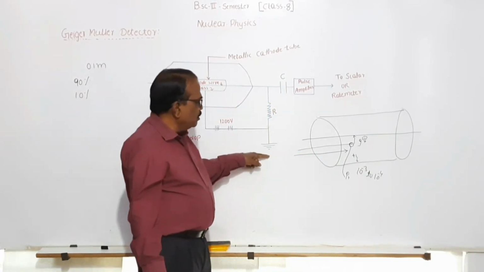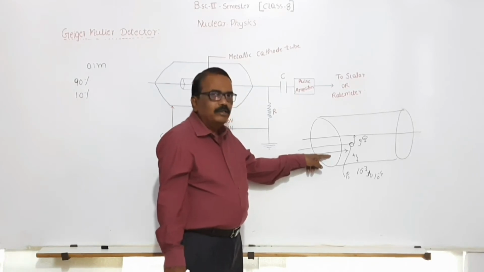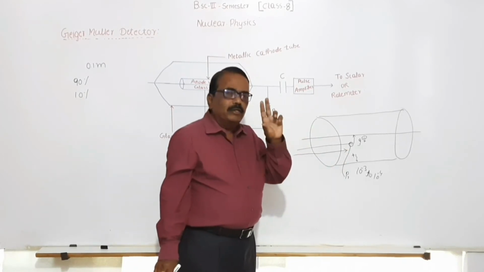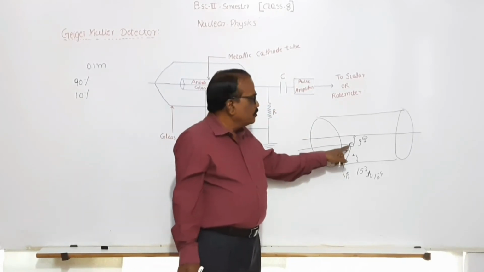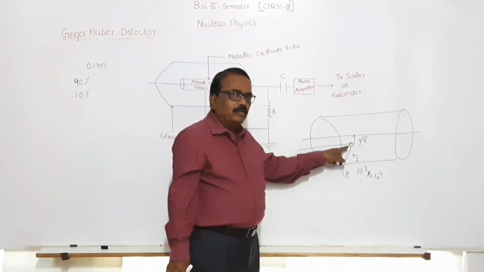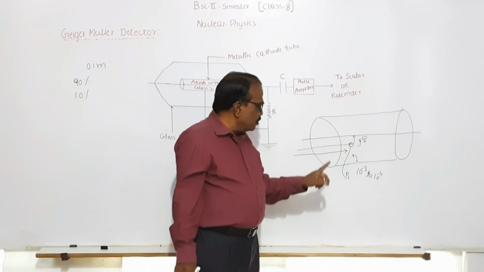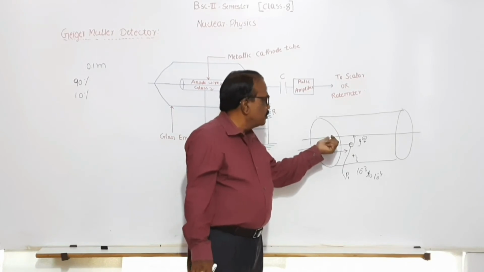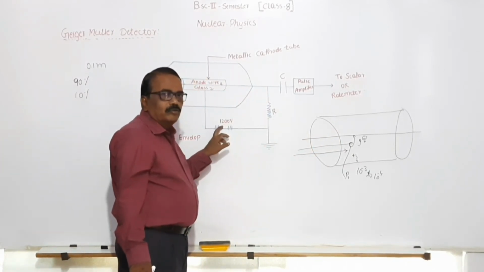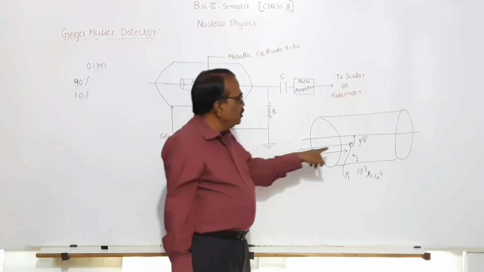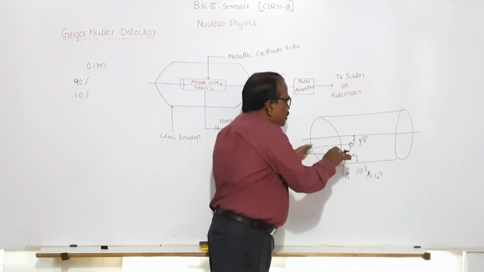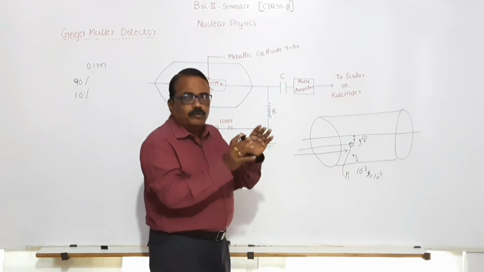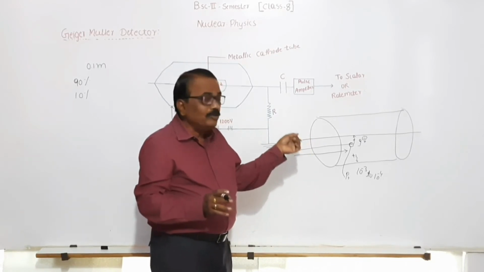So initially the particle is moving, enters the argon region. It consists of 90% of argon. So ionization takes place, producing an electron and positive ion. So this negative ion, the electron, is also called as primary electron. It is attracted suddenly towards this anode because of this 1200 potential volts. Then in its path it finds another atom. Suddenly ionization takes place in this path also. Then it produces again positive and negative charges. That electron is called as secondary electron.